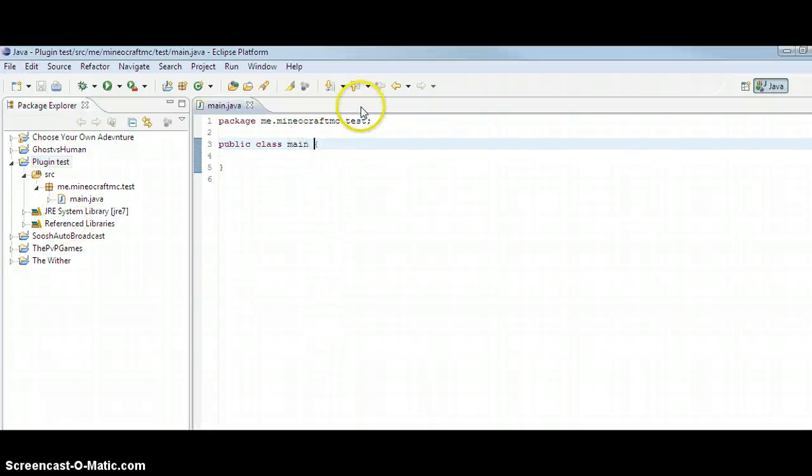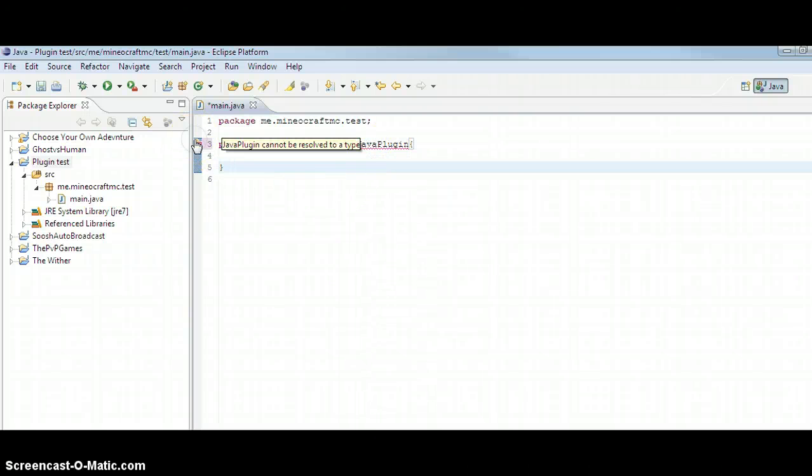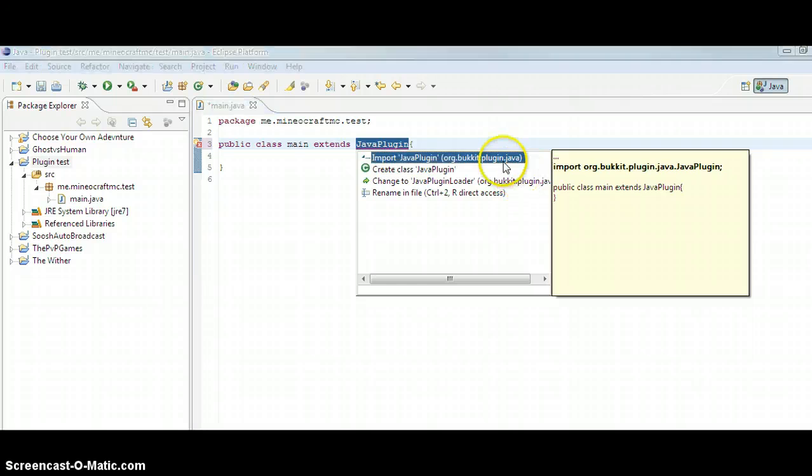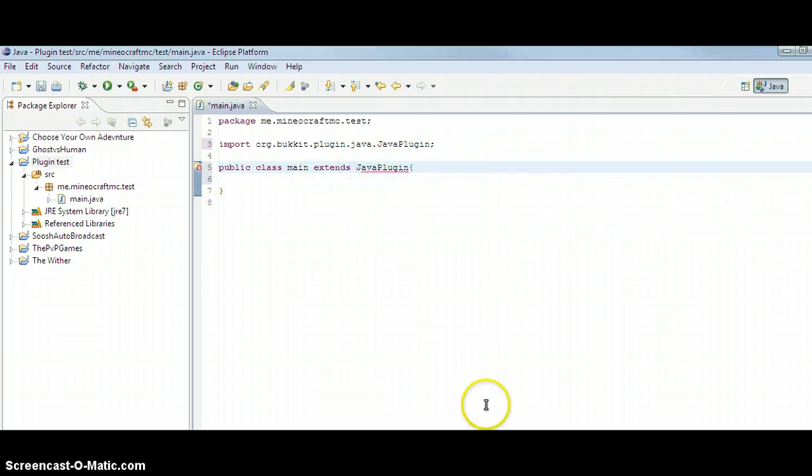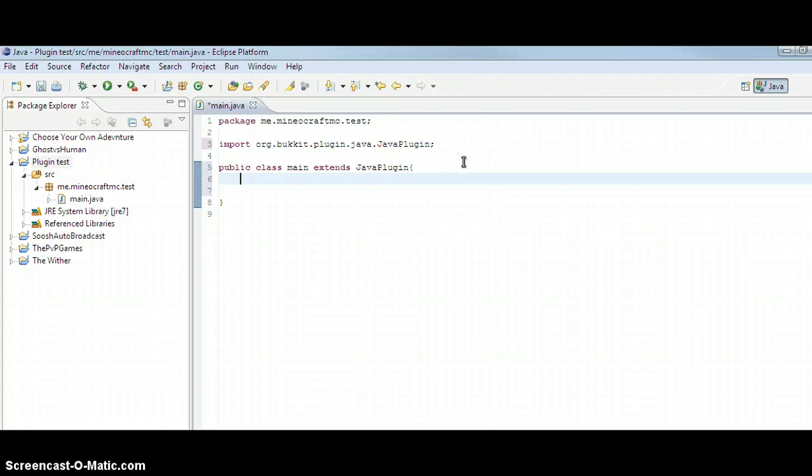After you've done that, you're going to put extends JavaPlugin. JavaPlugin has to be an uppercase J and uppercase P, because in Java everything is case sensitive, so it wouldn't work if I put a lowercase j there. It needs to be that. Now you're going to have to do